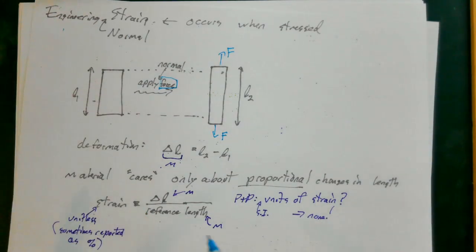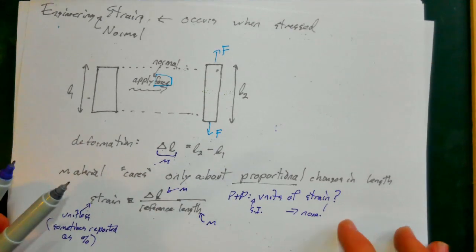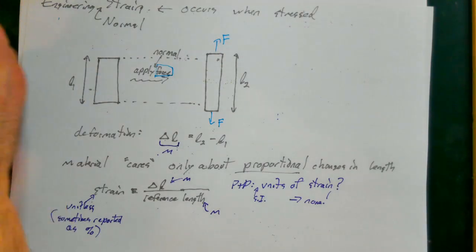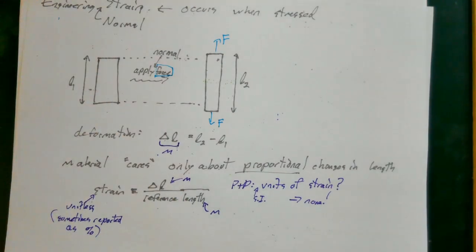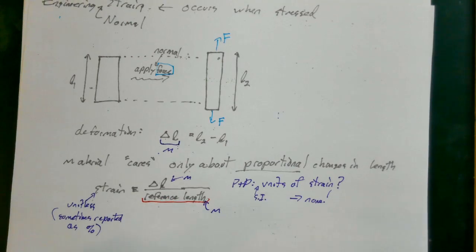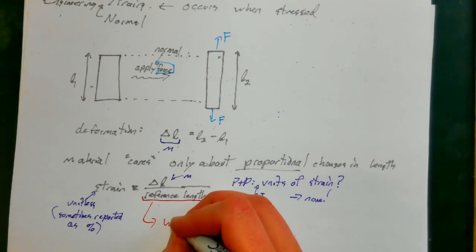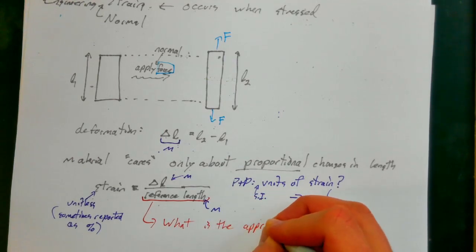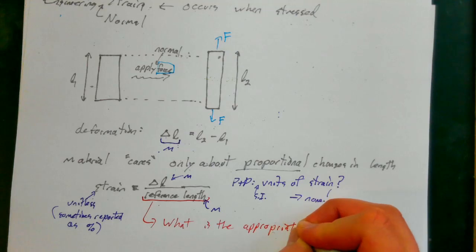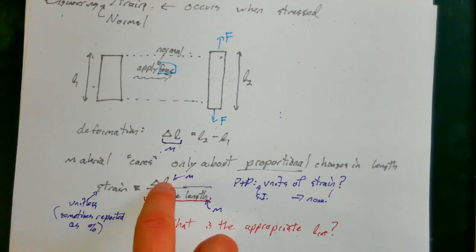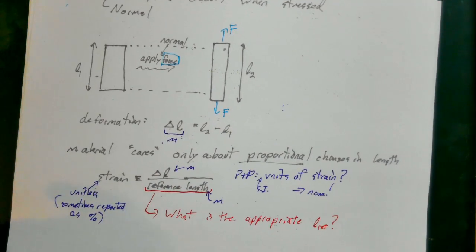All right. Now, the question is, what do we use as an appropriate reference length, right? What is the most sensible reference length that we could use? We want to normalize our change in length to some reference length. What is the appropriate reference length that we can normalize this change in length by? Well,